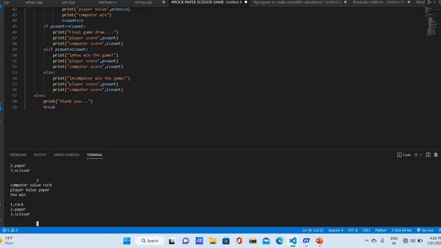Let's choose paper. As the computer value is rock and the player value is paper, therefore the player wins, which means you win, as paper can wrap the rock inside it, as discussed in the rules before. Continue till 5 times, as there are 5 chances to play the game. This time also we win. Continue till 5 times. Now you win the game, and your score is 5